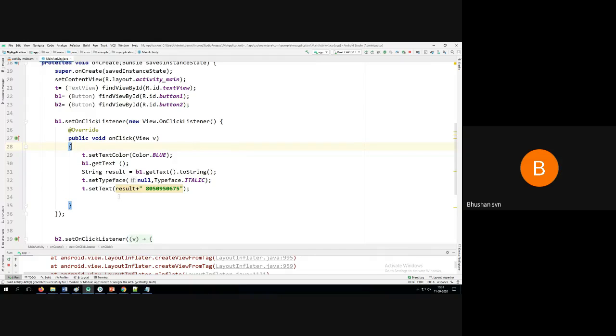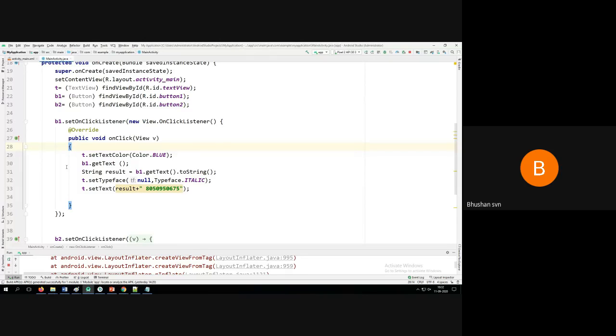Then I am setting the text to result. Result is Airtel plus, where plus means concatenation, then the number whatever I have given here, and that will be displayed.